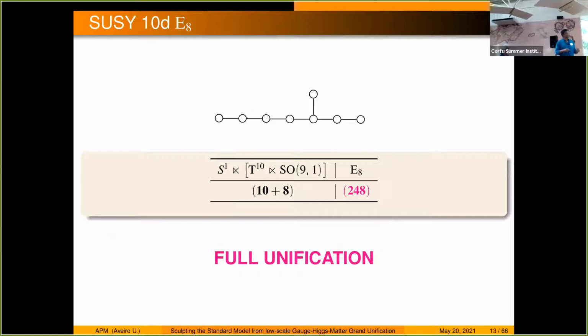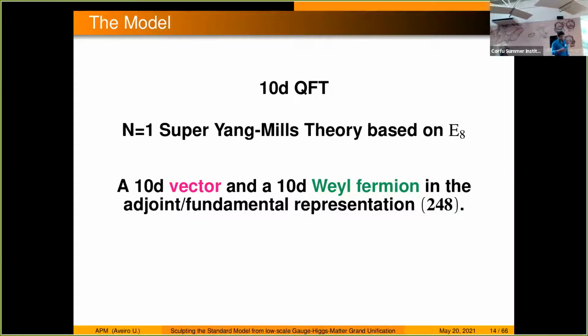So you can have gauge, matter, Higgs, and family unification in this single 248. So this contains a 10D vector and a 10D chiral/Majorana fermion. Right, so this is the model setup. It's a 10D quantum field theory, super Yang-Mills theory based on E8. It has a 10D vector and a 10D Weyl fermion in the adjoint representation of E8, which is also the